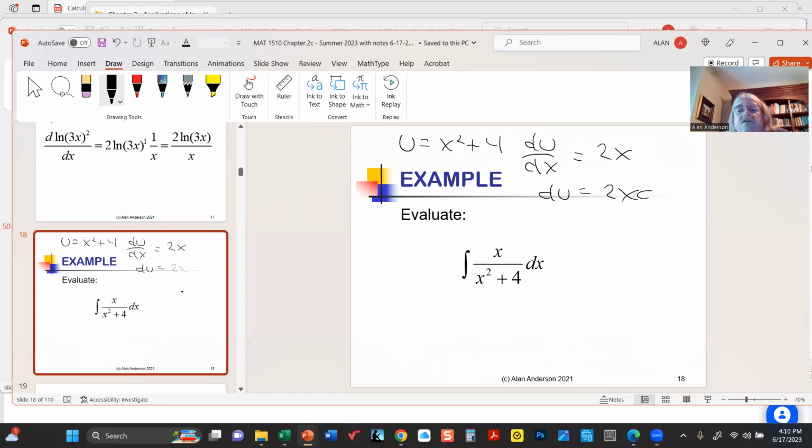Now, did we do this correctly? Yes, because even though we don't have 2x dx, we can supply it ourselves. So 1/2 du. Now, you see what the connection with the logs is: this turns into du over u, which means it's just simply